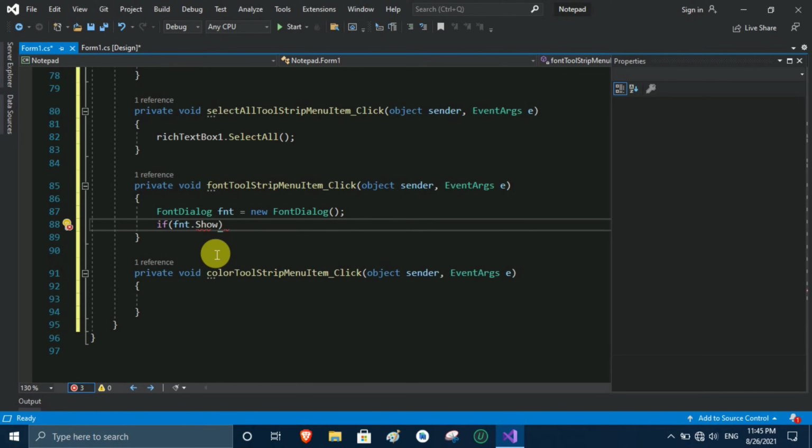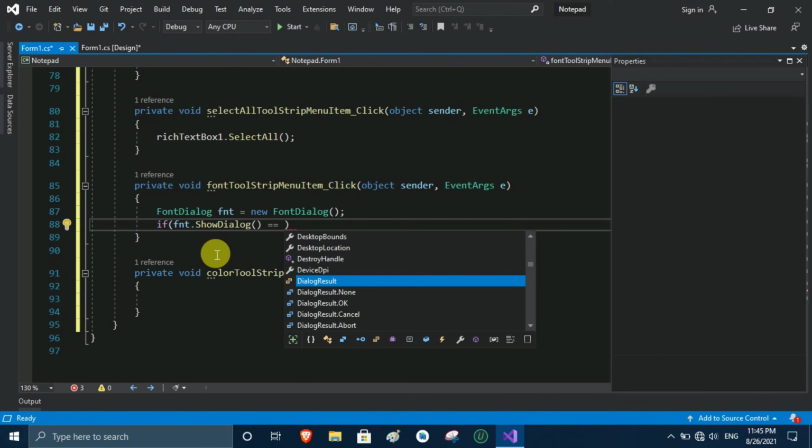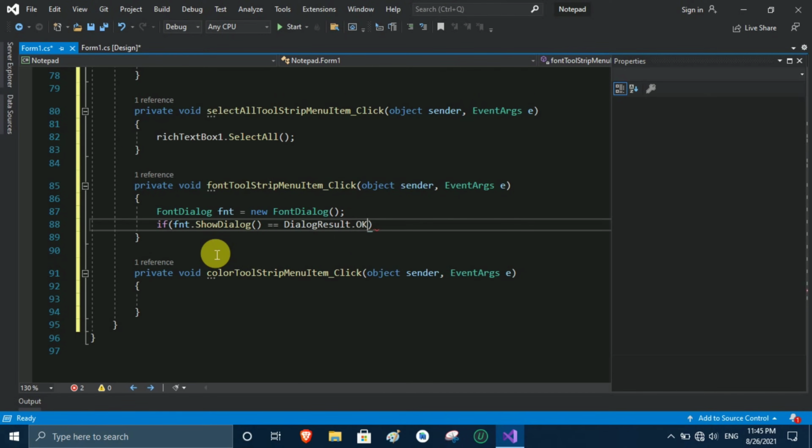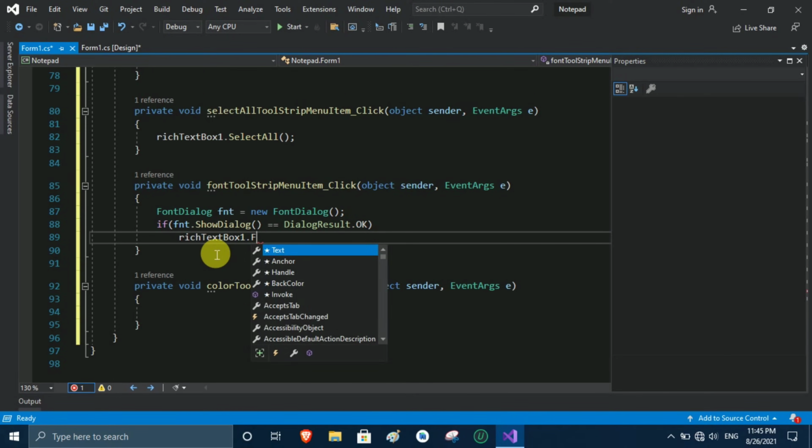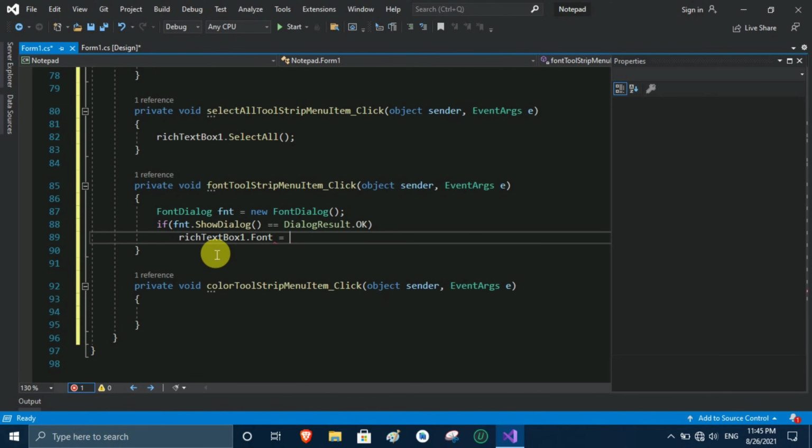Okay, so I give here if FNT dot ShowDialog, parenthesis, equal to, and here I choose DialogResult dot OK as we did previously. Okay, so I write richTextBox1 dot Font equals to FNT dot Font.